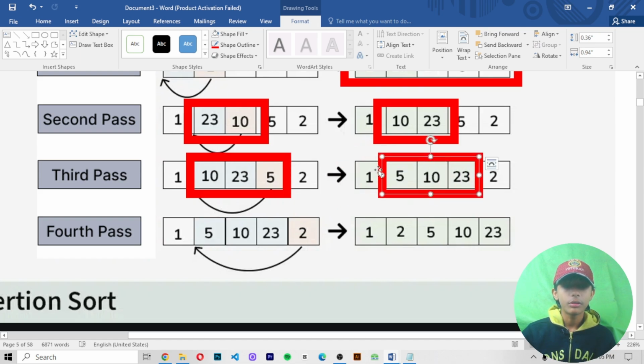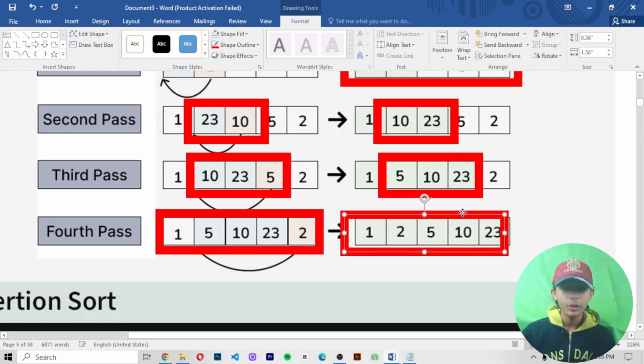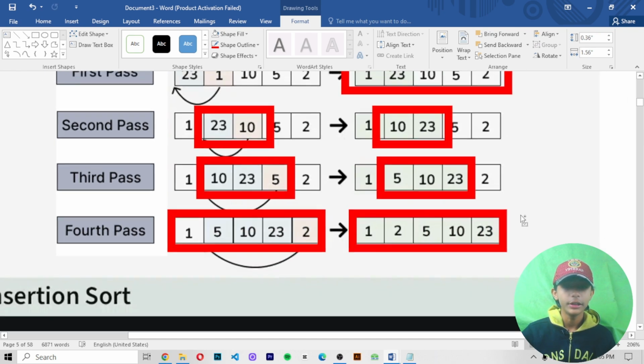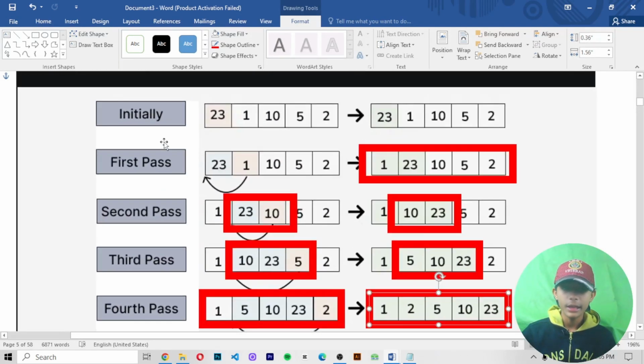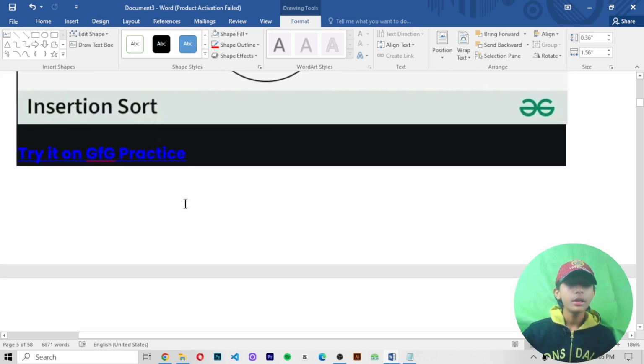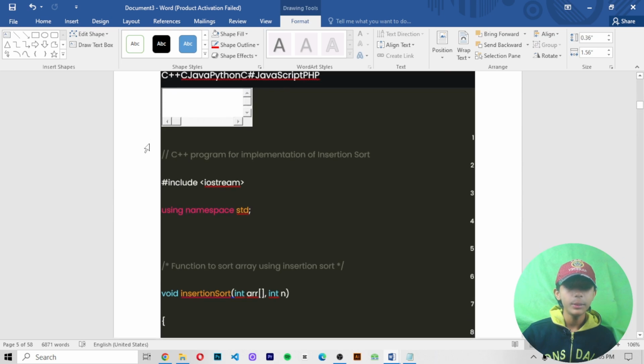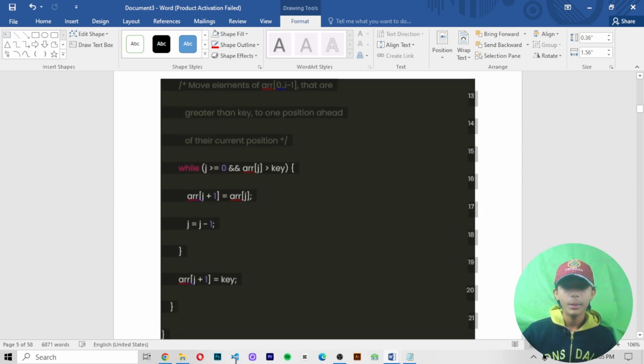It looks like this. Then swap 2 with 5, and it becomes 1, 2, 5, 10, 23, smallest to greatest. So first you take the entire array, then the first pass, second pass, third pass, then fourth pass. This is called insertion sort.